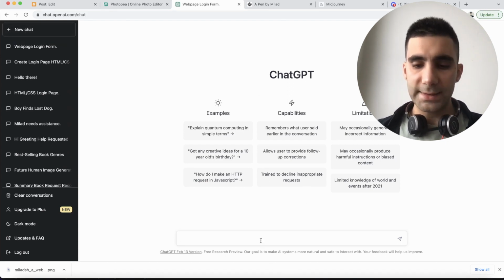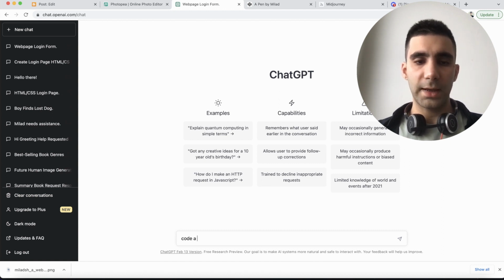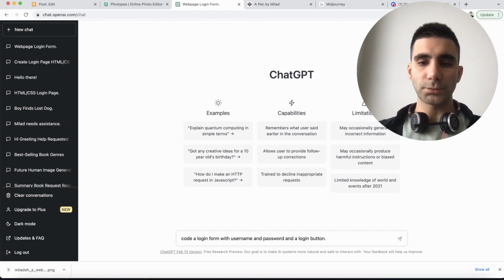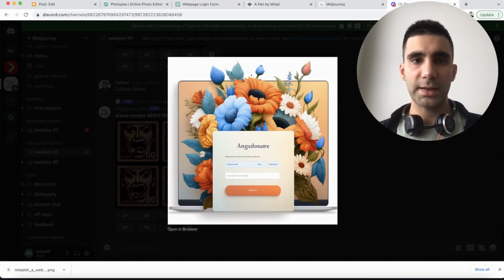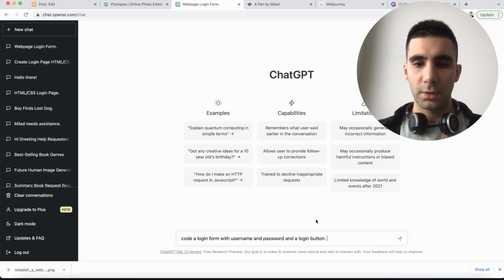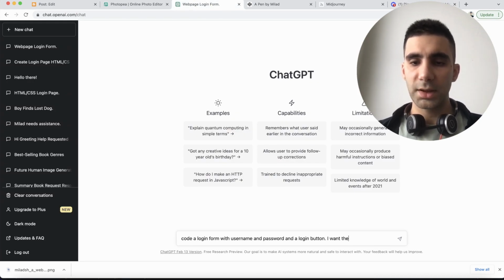You just need to search for ChatGPT 3, and click new chat here. So I want to ask it: code a web login form with username and password and a login button. Let's see what we can say. I want the login button to be